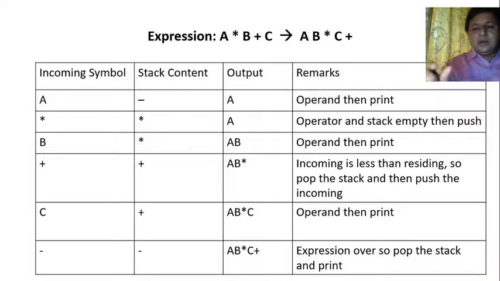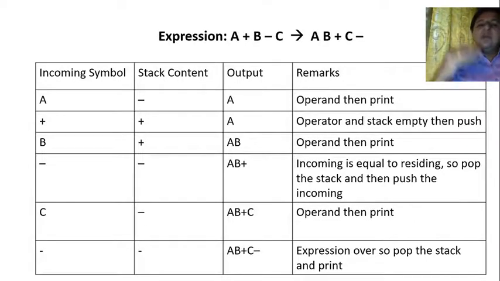Okay, even if we felt like we got a rule, it is not yet polished. So you'll see I'll not be saying rules learnt right now. Maybe we need one more expression. We'll come to that. But what we have got so far is, if incoming is less than residing, then pop the stack and then push the incoming. So obviously star came out, so output is AB star, and then plus is pushed onto the stack. Next is C, operand, then print, so C got printed, and finally the expression is over, so plus is popped, and that obviously becomes the last symbol of the answer, AB star C plus. Fine, so we've learnt one rule, but as I said, it's not yet polished.